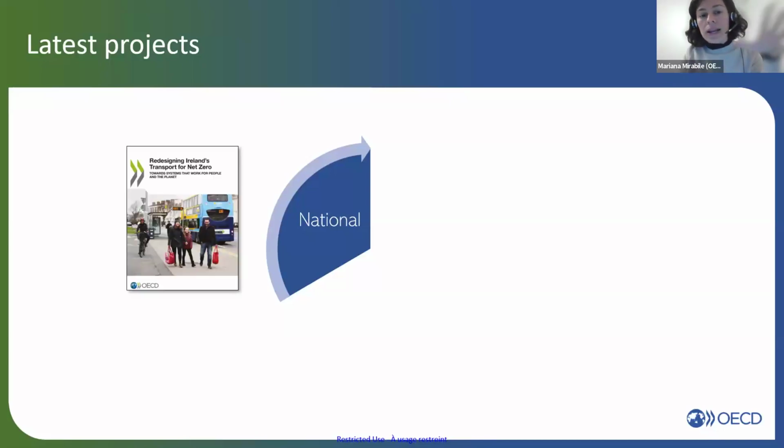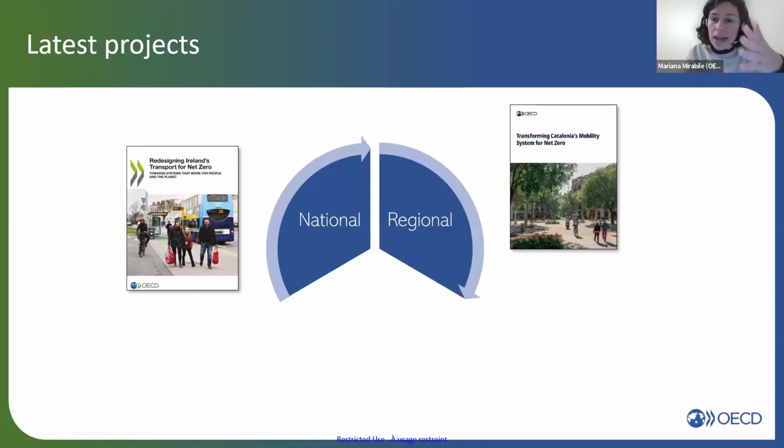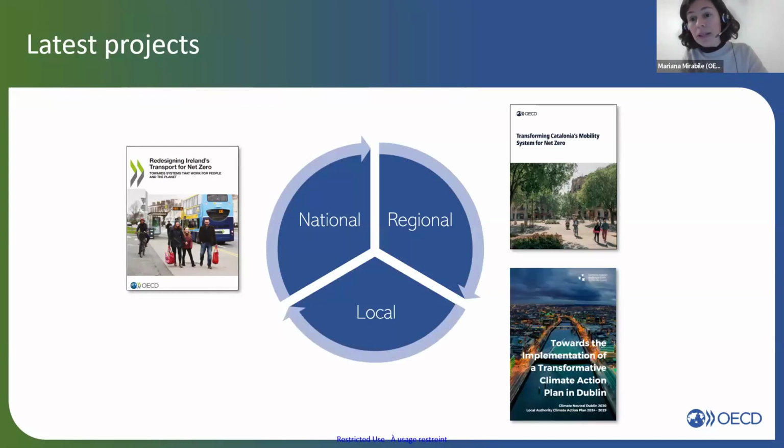So in these last 4 years, we have applied these tools and this methodology in Ireland. We also did at the regional level in Catalonia, and we're currently working with Dublin in implementation of one of the transformative policies identified. The objective here was to identify, okay, where to prioritize policy efforts to decarbonize passenger transport